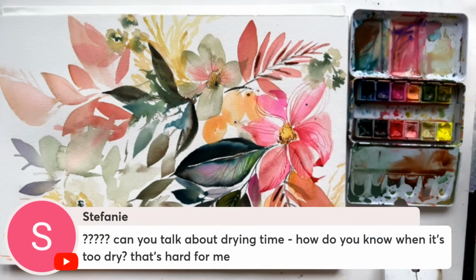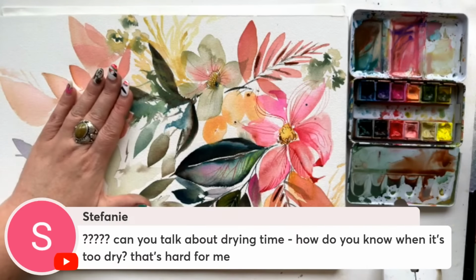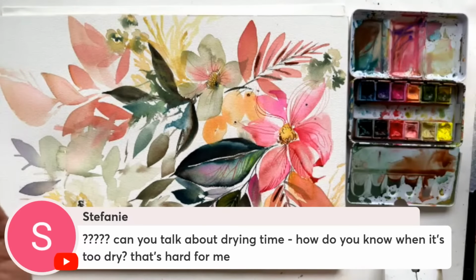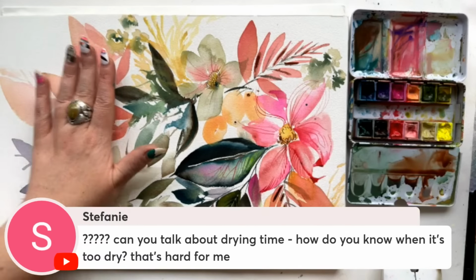Okay. Stephanie says, can you talk about drying time? How do you know when it's too dry? If it's too dry to add something, you're going to feel a coolness, a distinct difference in the coolness of the paper. Now, make sure your hand is clean. Mine isn't, but it's dry. And you can press and lift straight up. You don't want to go like this on the surface,